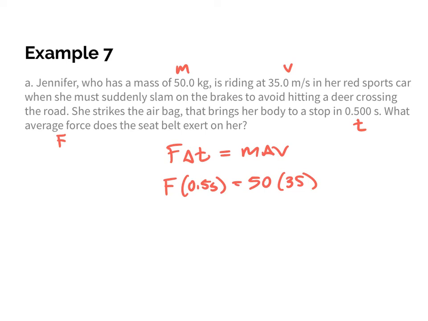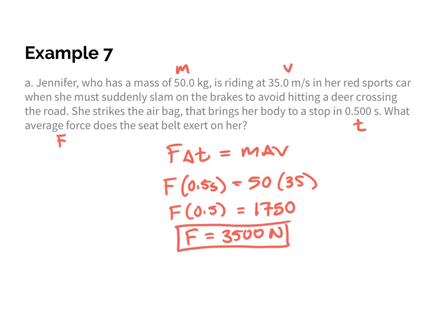to be the same. So by multiplying these two, I'm going to get 1,750 units of change in momentum. And that's going to equal the impulse, which is going to be a force times that time. So essentially, I just want to know what force times a half would give me 1,750. And that would give you an overall force equal to 3,500 newtons. So it would take a lot of force to bring Jennifer to a complete stop when she sees